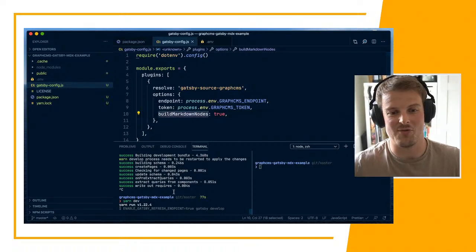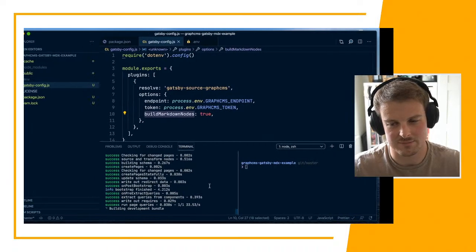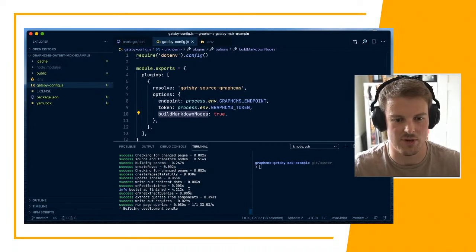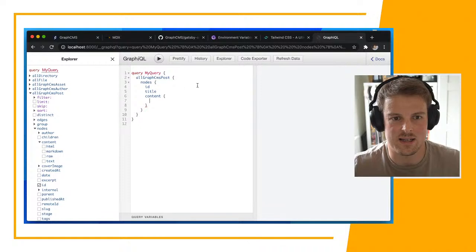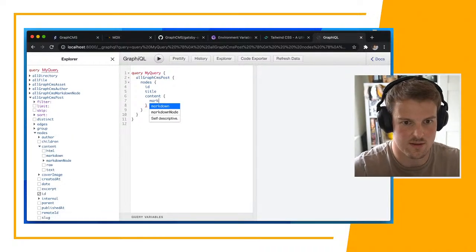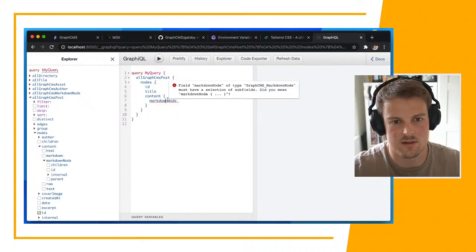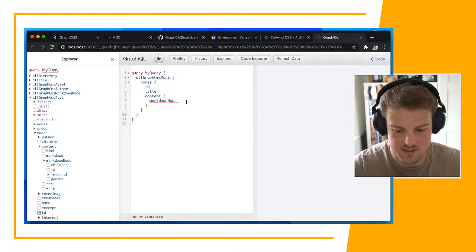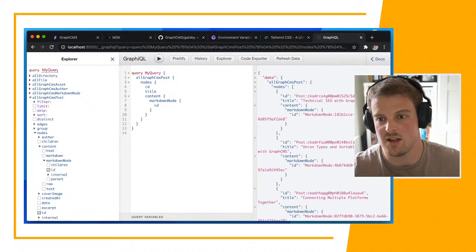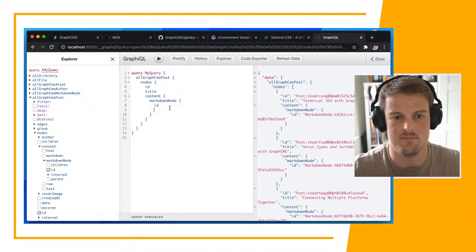So now I'll fix that and we rerun this. We should actually get that field inside of the schema. So we'll just let this rebuild. All right, dive back here. Let's refresh this. There we go. Awesome. So we can see here, this has a type of GraphCMS markdown node. And inside of here, we actually just get a node ID. Now at the moment, this node doesn't actually have any content or any value to us, and this is where